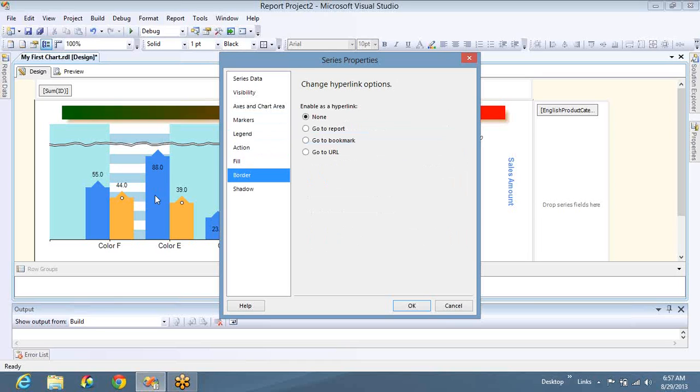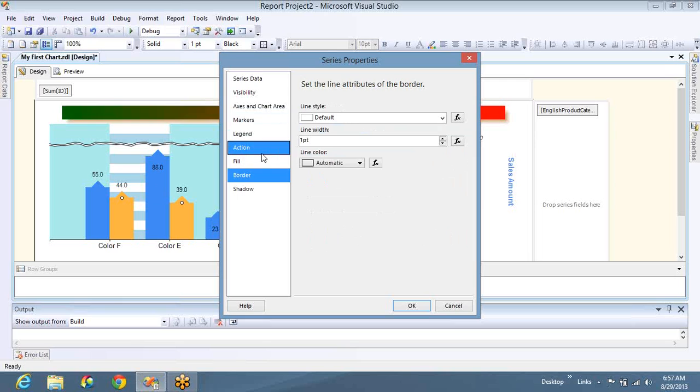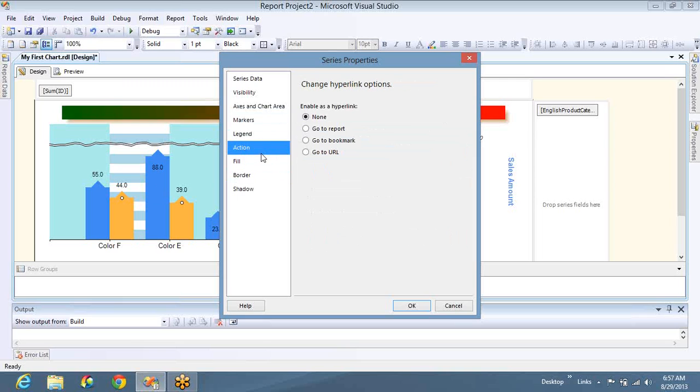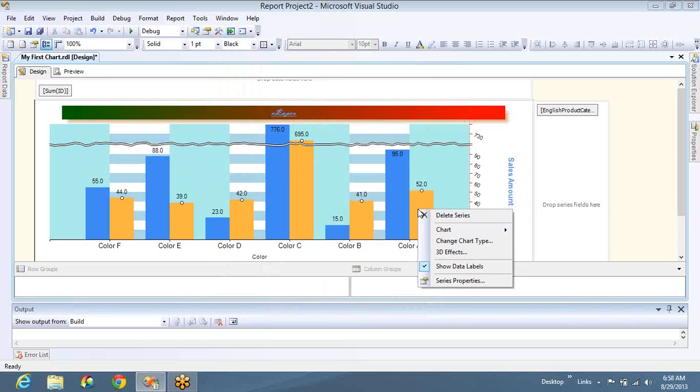If I click on this particular report, it should take you to the next report or next page. You can write the functionality. This is called drill through. Okay, drill through report using charts. You can use this action page. What you have to do is right click on this and